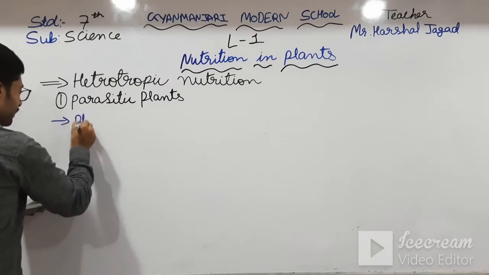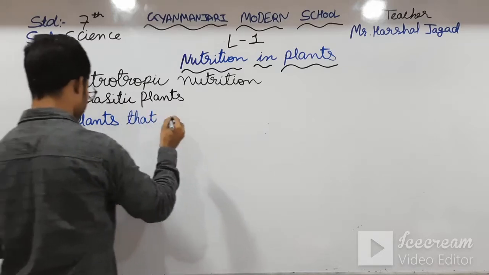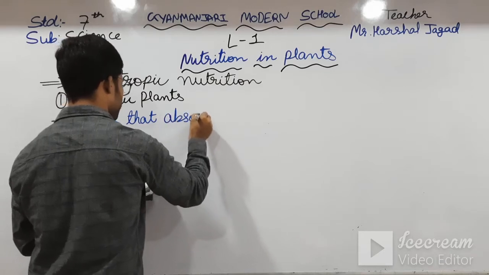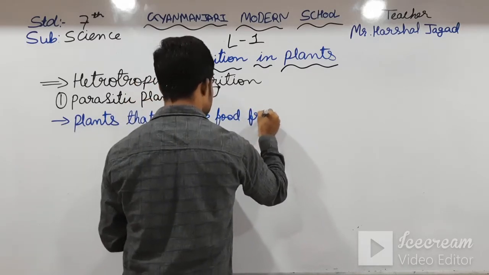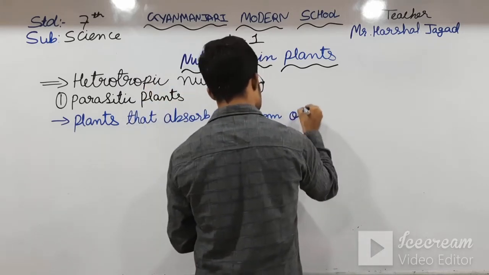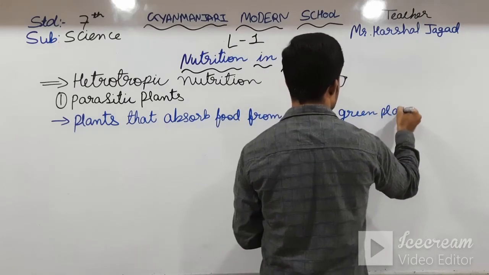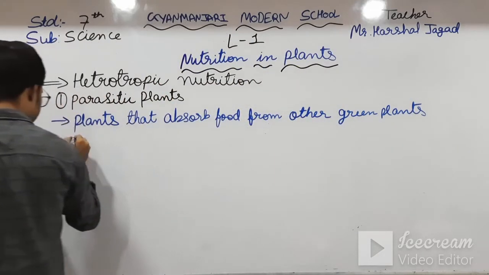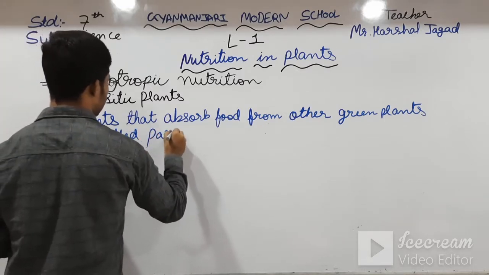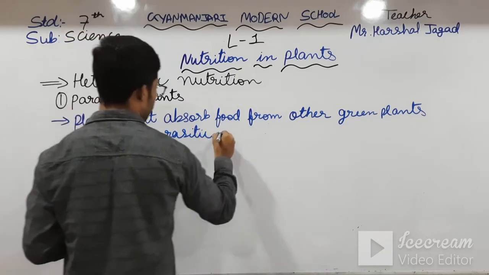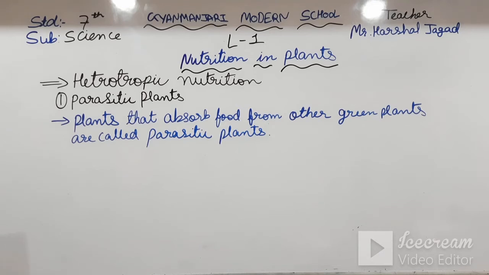See here, plants that absorb food from other green plants are called parasitic plants. Okay, students, this is the main definition,